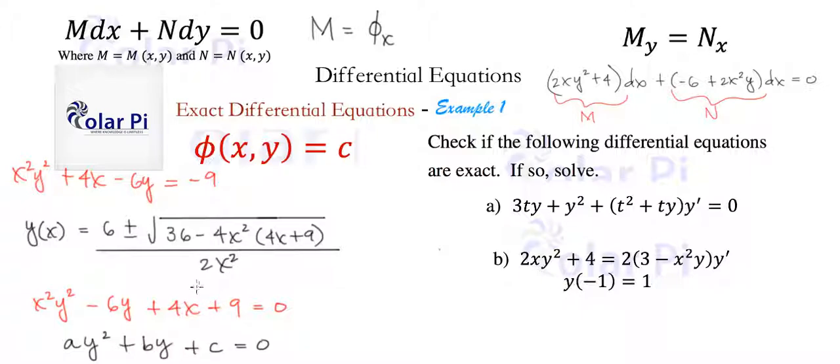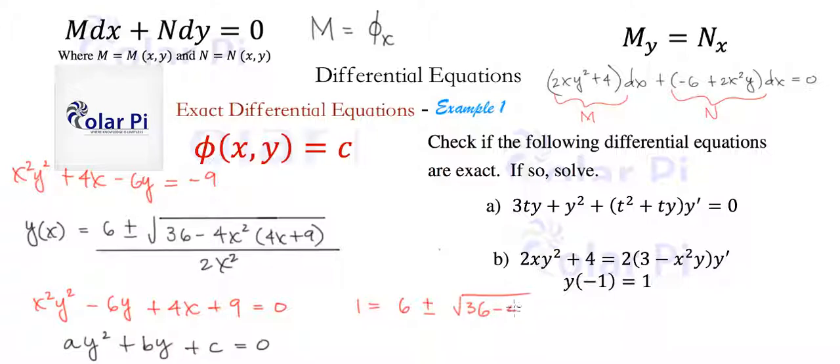Now, how do we determine if it's plus or minus right here? That's kind of straightforward, which is using the initial condition again. Since we know y of negative 1 is equal to 1, if we work out the details, we need 1 to equal 6 plus or minus the square root of 36